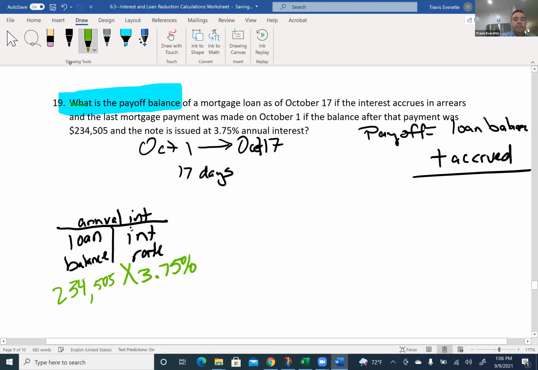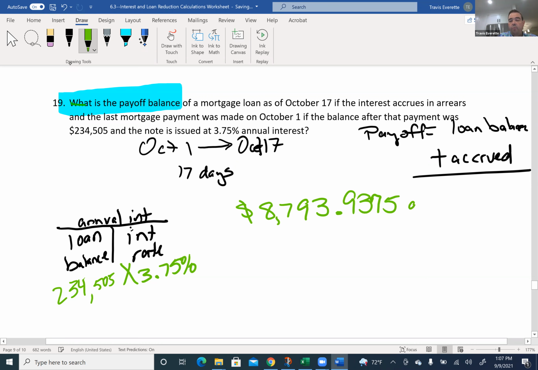They're side by side, so we're going to multiply them. 234,505 times 3.75%. That equals 8,793, sorry, not 39, 93. $8,793.93 or 94 cents,